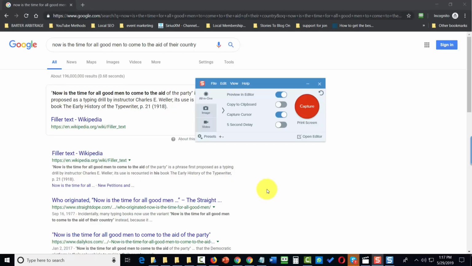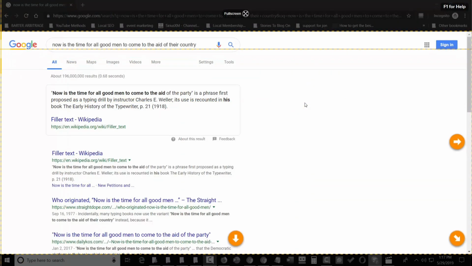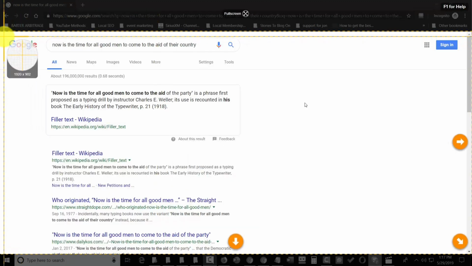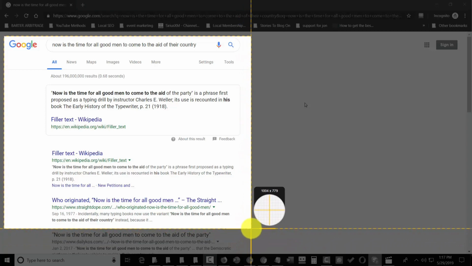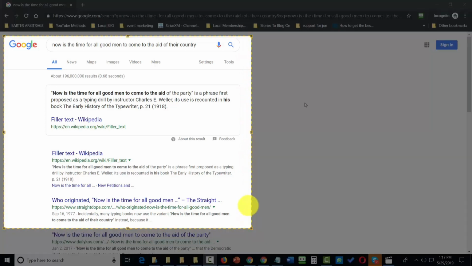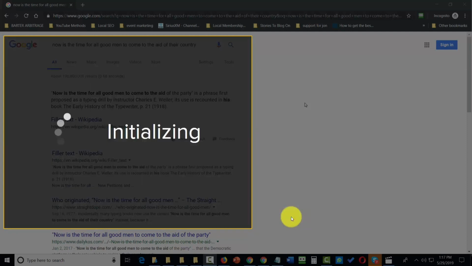Welcome back. Now we're going to create the same image with our all-in-one menu again. We're going to click the capture button. We're going to go to the upper left-hand corner, and basically we're going to draw the same image again. And this time we're going to bring it into our feature window here, and this time what we're going to do is click this button that says record a video. When we click that button, then